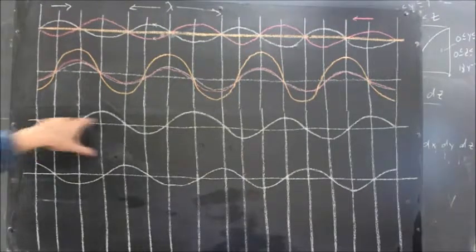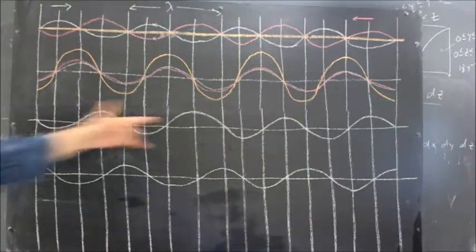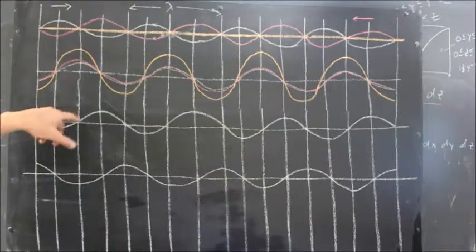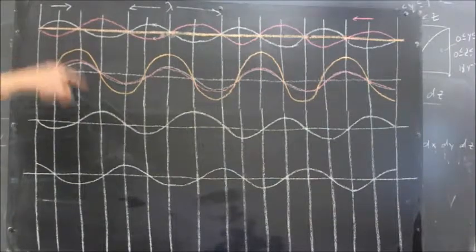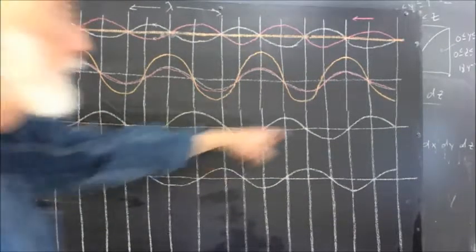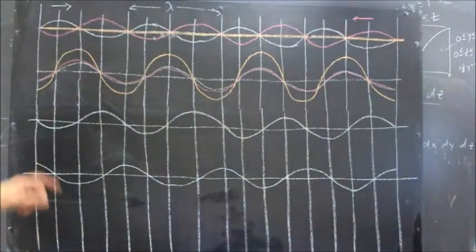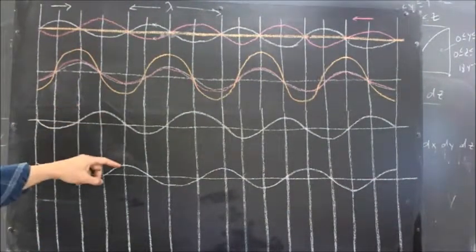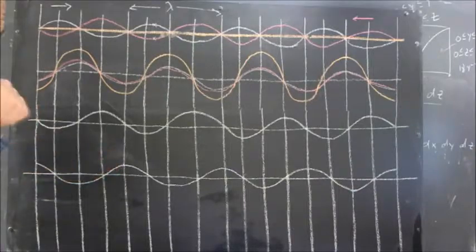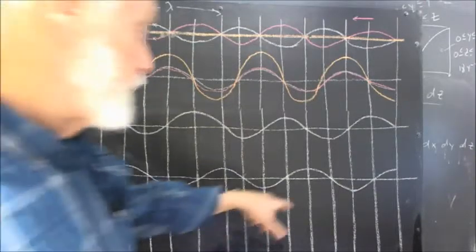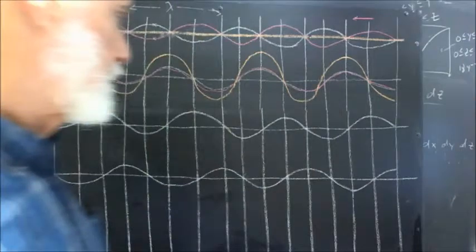Okay, I believe I've got the white wave a quarter wavelength to the right. The peak was here, now it's here. Peak was here, now it's here. It seems like I've got it all the way across. And now this peak will have moved to here in the next quarter wavelength. And this peak will have,